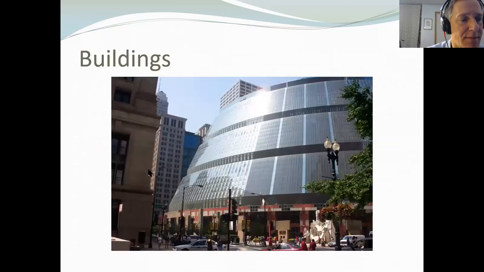Okay. Right, this is one example. I have a whole lecture about buildings I hate, which sometimes I do and sometimes I don't. This is the James Thompson building in Chicago, and I'm from that area. And this is what I'd call an anti-green building, because it's designed to be energy inefficient. So I don't want to belabor this, but commercial buildings are self-heating. The people, the computers, the lights, all that stuff heat up commercial buildings down to usually about 35 degrees Fahrenheit. They don't need any heat down to that temperature.